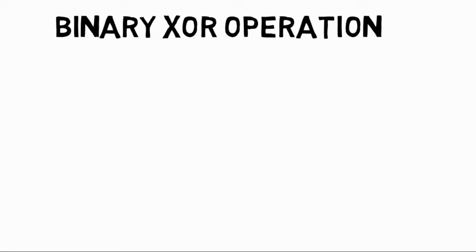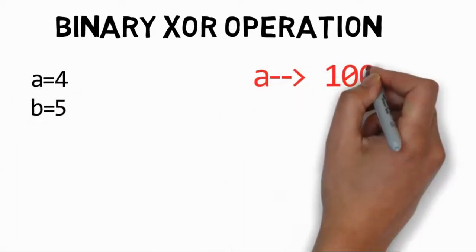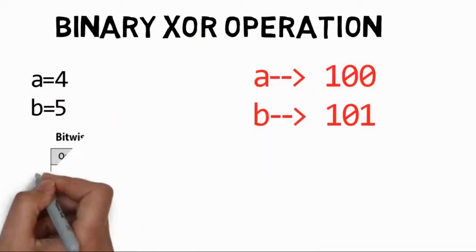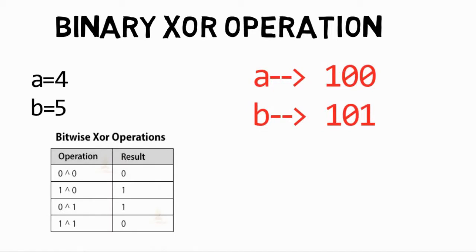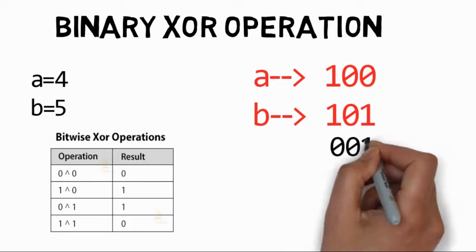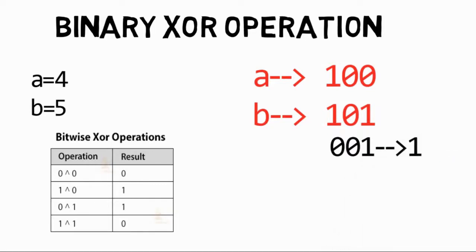Binary XOR operation, we are taking the same example. This is the bitwise XOR operation where the output will be 1 when both the inputs have different values. See here, 1 XOR 0 gives 1 and 0 XOR 1 gives 1, whereas 0 XOR 0 gives 0 and 1 XOR 1 gives 0. Now see the example that we took: 1 XOR 1, which is the same input value, gives 0, 0 XOR 0 gives 0, and 0 XOR 1 gives 1. So the output is 001, which is a representation of decimal number 1.